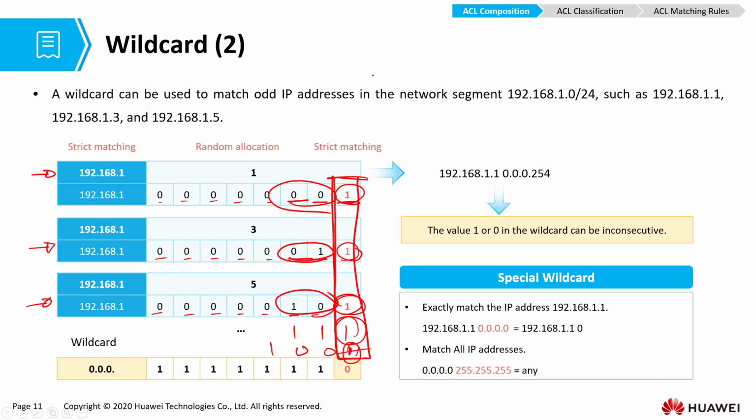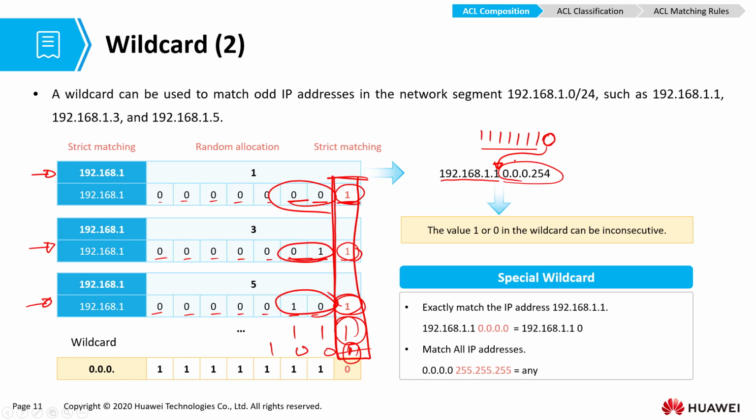is always 1. So we can use a matching IP of 192.168.1.1 and that wildcard mask. This wildcard means that all these are ones, they don't matter, 1, 2, 3, 4, 5, 6, 7 don't matter, but the last one matters. It has to be 1. In that way, we are able to match all IP addresses in that network segment, but that have an odd